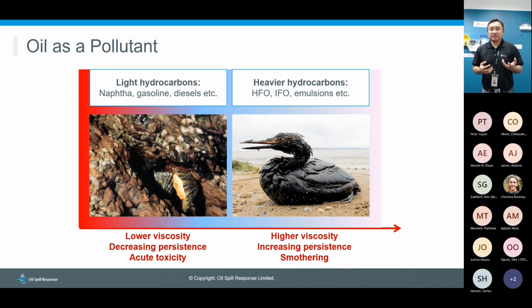It has an acute toxicity to the marine organisms. In contrast, heavier hydrocarbons like crude oil, HFO, IFO, and emulsions have a higher viscosity and increasing persistence, and their effect is more specifically on wildlife. As you can see from the photo, an oiled bird can suffer smothering, and that could be fatal